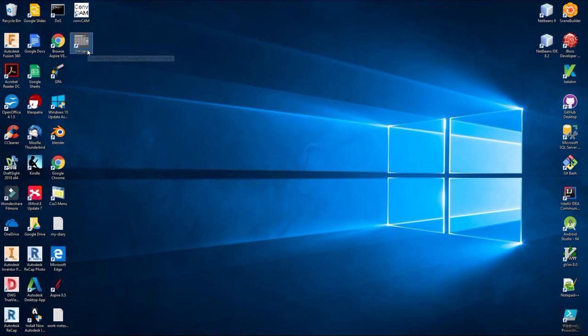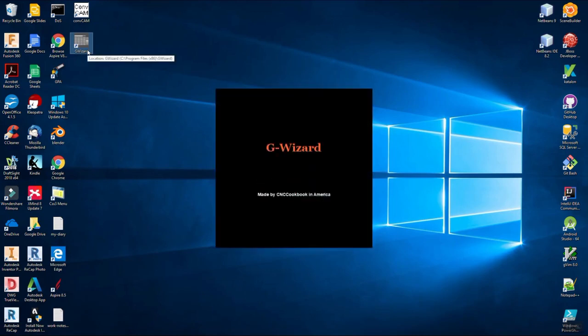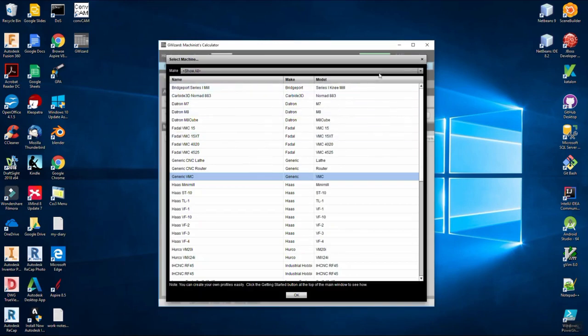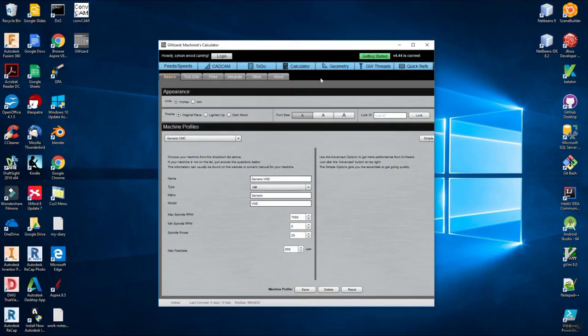Oh, GWizard. Okay. This one's fairly involved. It gives you 30 days worth of free trial, so you can experiment with it. It asks you to set up your speeds. Okay, set up your machine, then set up the materials, set up the feeds and the speeds. It's very involved, but then whenever it gets done,